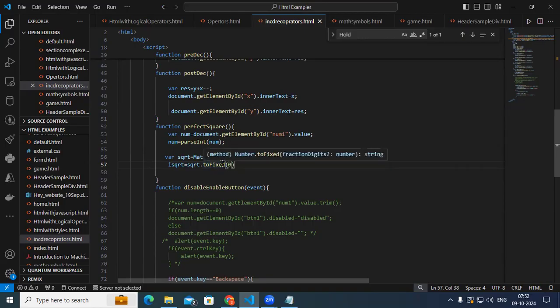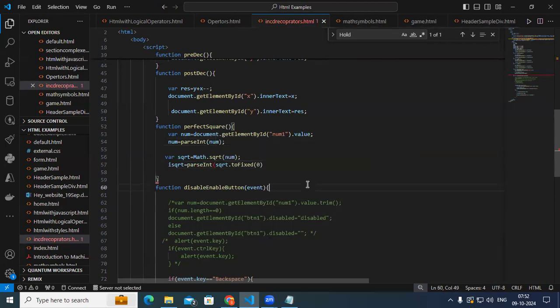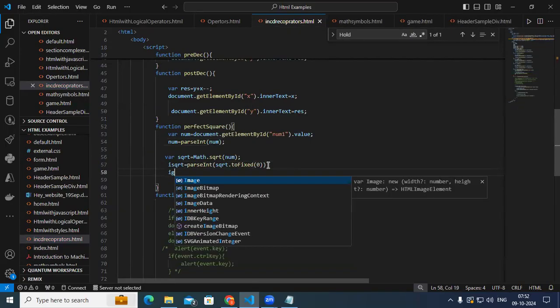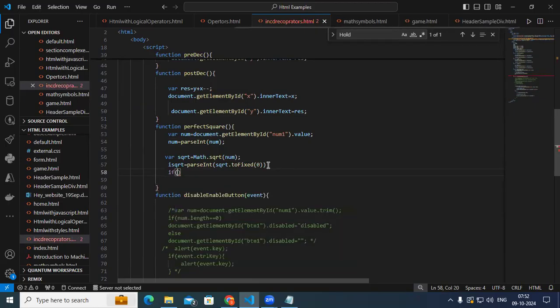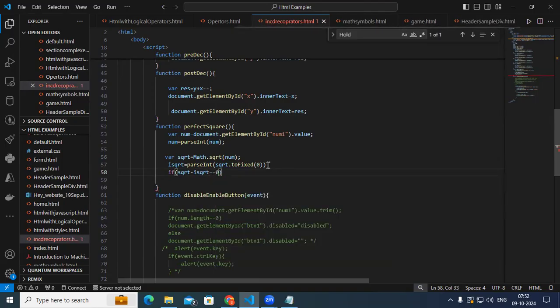Okay, but you are going to get a string from that. Number.toFixed gives you a string. Again, you need to convert this into a number, so right here, this is parseInt. Then the string you get is converted into an integer. Now let us write the logic. If sqrt minus isqrt equals 0,